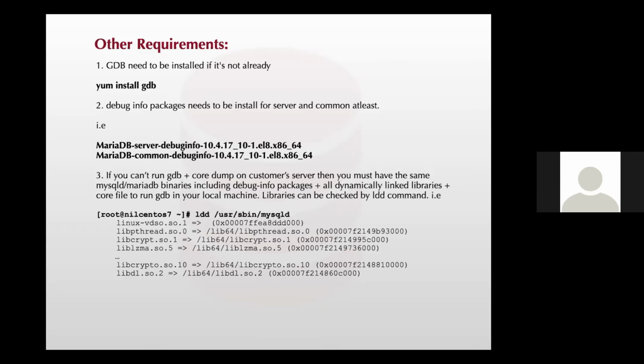This is really required to create exactly the same environment which the customer has, and then you can identify why the crash happened.